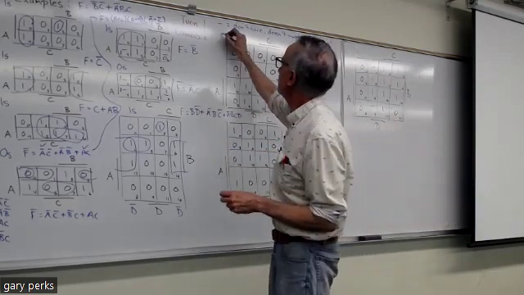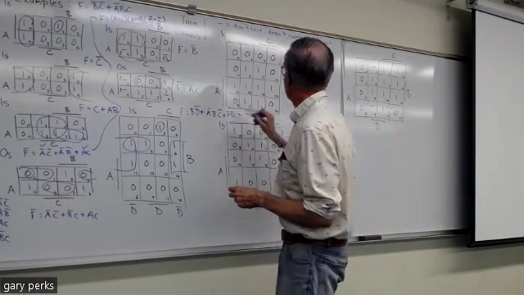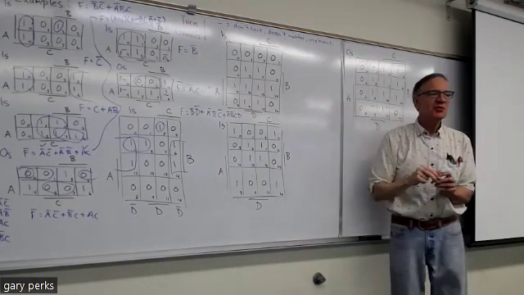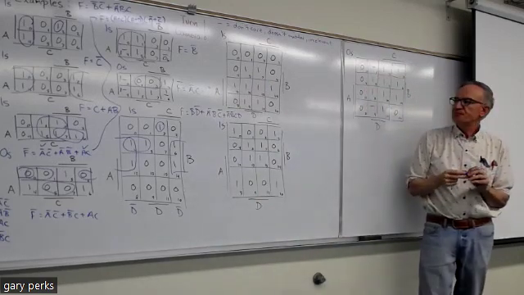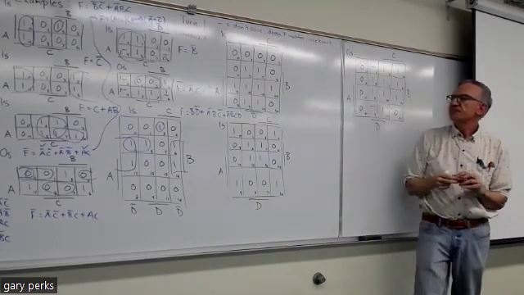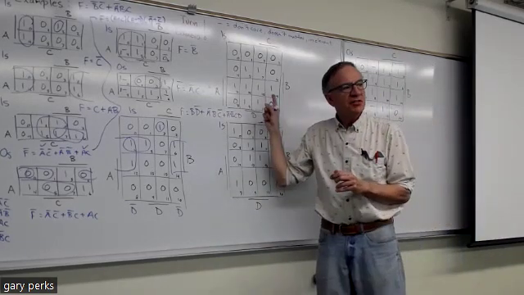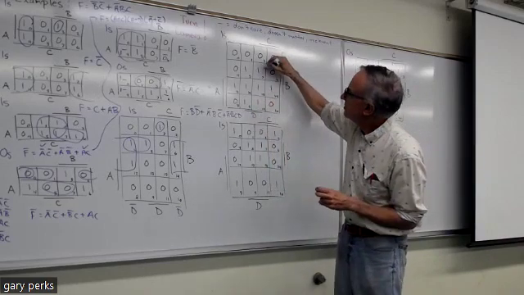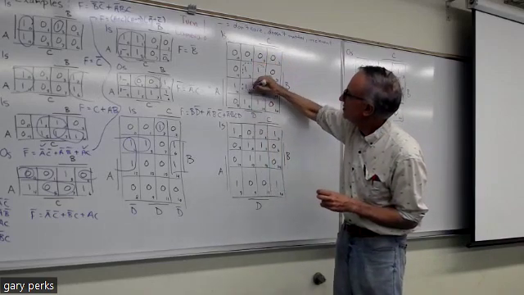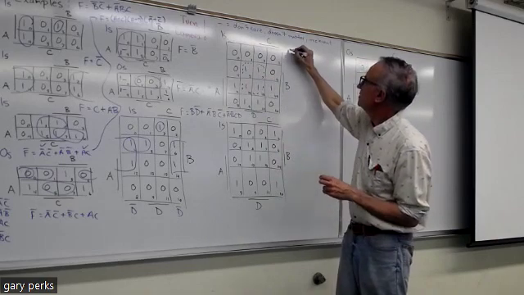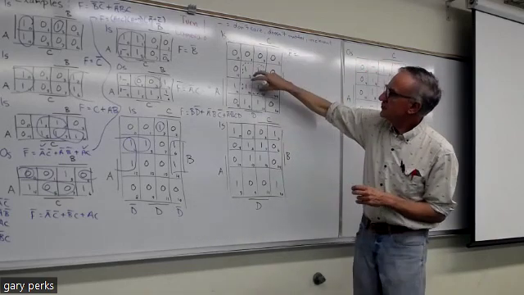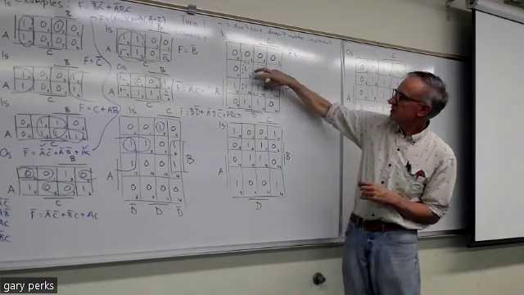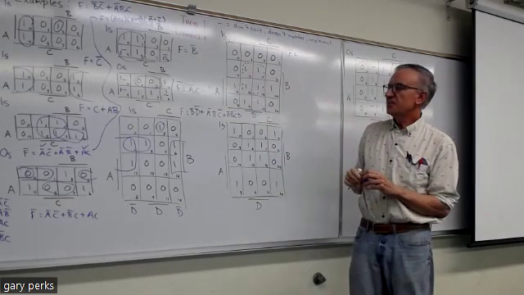We'll do ones here, and then we'll finish with zeros here. All right, so let's do this one here. We're grouping ones. Okay, do you want to do this grouping here? 5, 7, 13, and 15. All right, so this 4 grouping, what is it going to give us? What's common to these 4? D